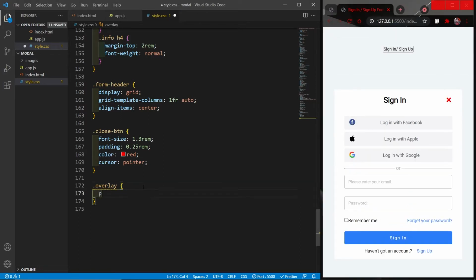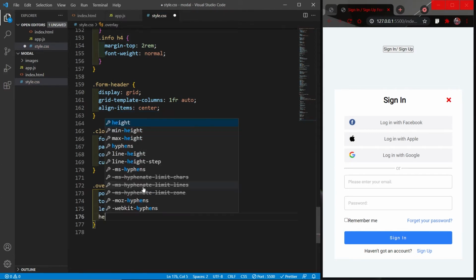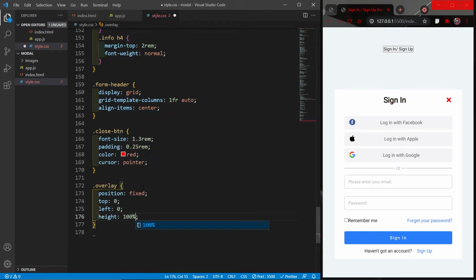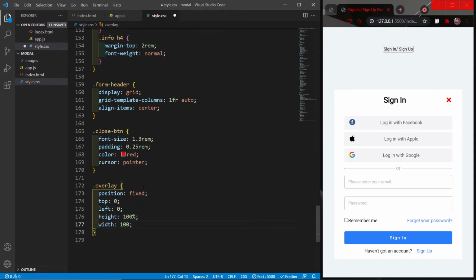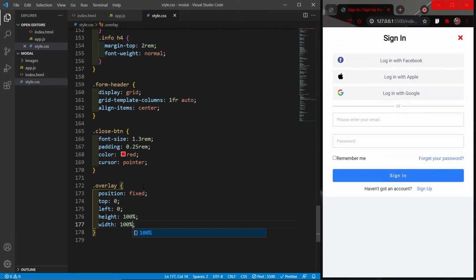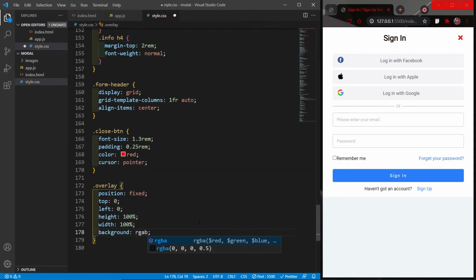So I'll select the overlay, give it a position of fixed, top will be 0, left will be 0, height 100%, width 100%, and if I save, we cannot see anything because we haven't given it a background yet. So I'll give it a background of RGBA, a light shade of black.